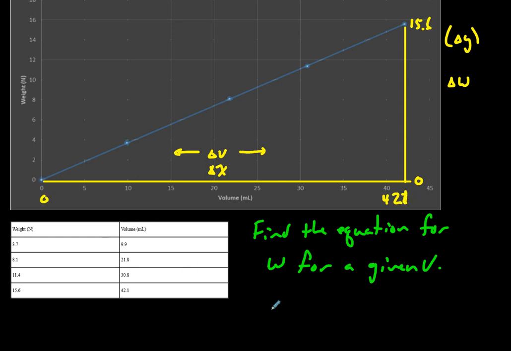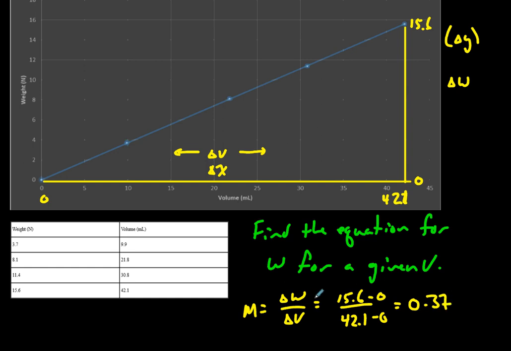42.1, and down here it's 0. So slope then, m, will be rise over run. So delta w, change in weight, for a given delta x, change in volume. So our weight then is 15.6 minus 0. Our volume is 42.1 minus 0. And that's because I added a 0, 0 to here, right? You could just as easily use 42 and 9.9 and 15.6 and 3.7. But we'll use this because it's what we have now. So you solve for the slope and you get